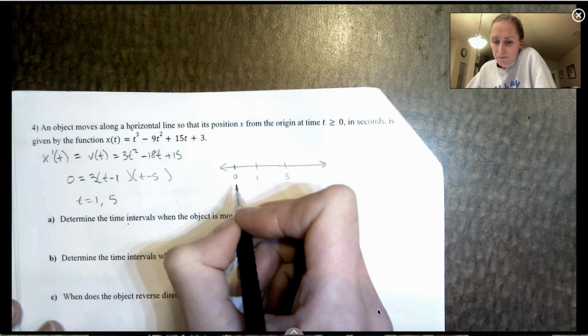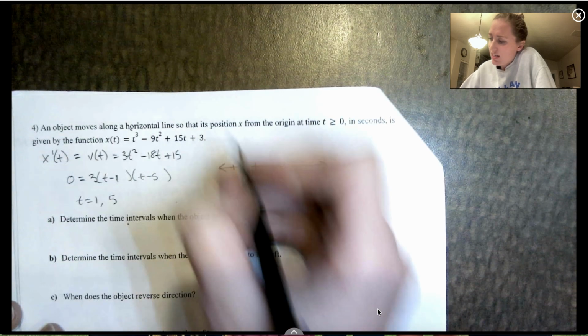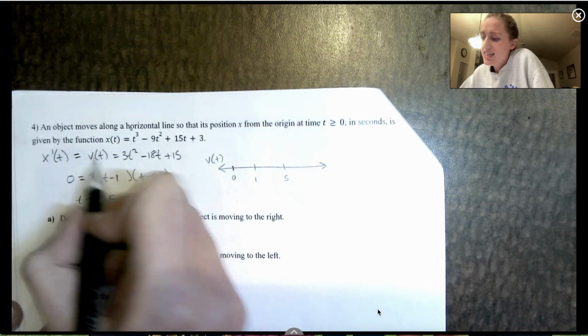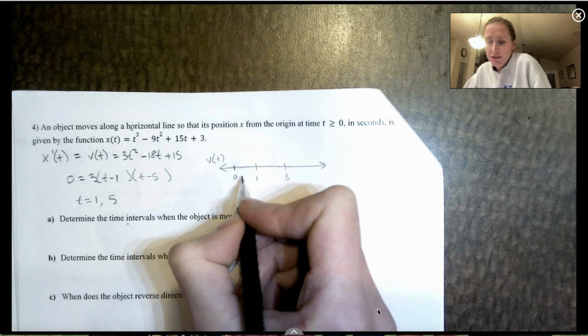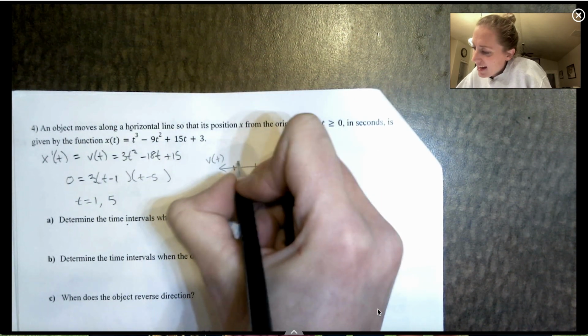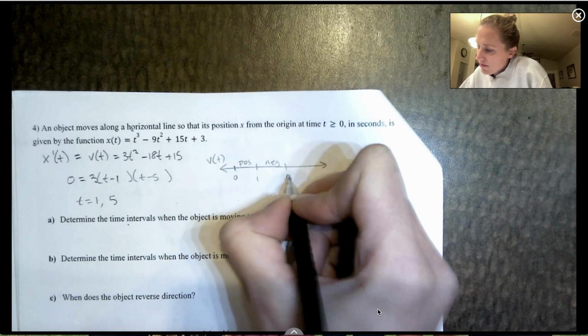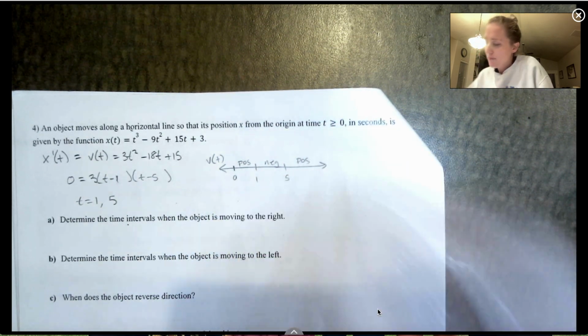Okay, so when I plug these numbers in, and again, we care about the velocity sign, so I'm going to pick numbers and plug them into this function. When I plugged in something from 0 to 1, we got a positive output. 1 to 5 was negative, and then 5 on was positive. Okay, so remember,